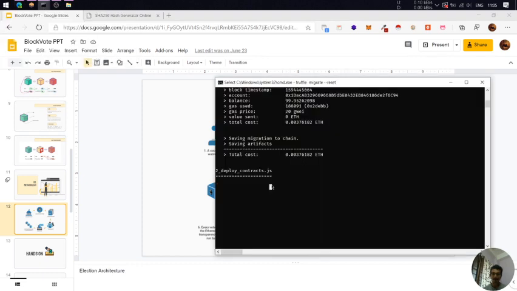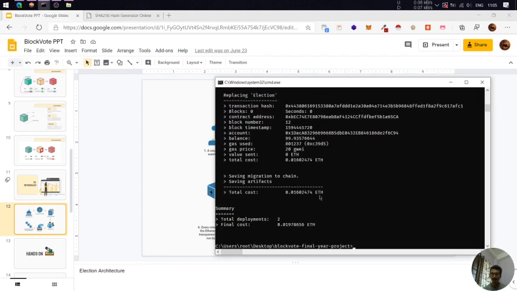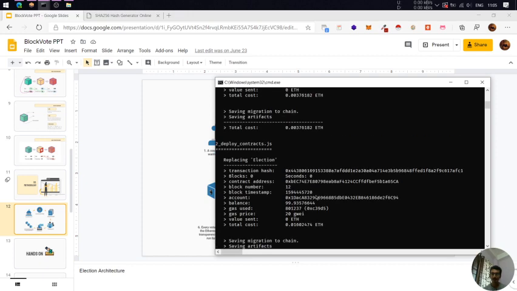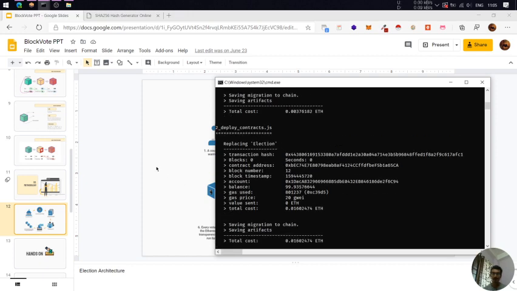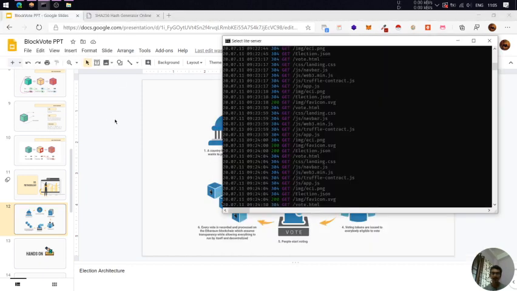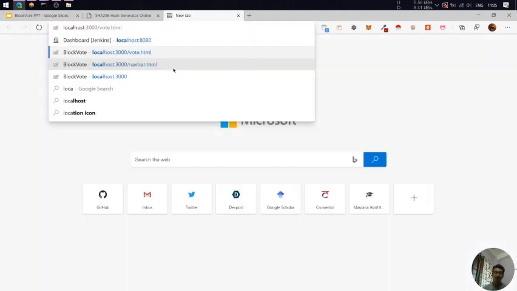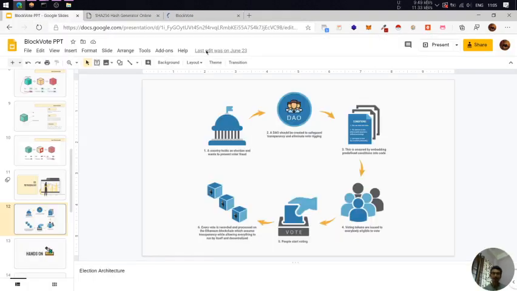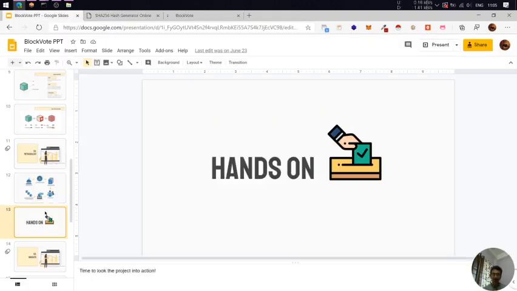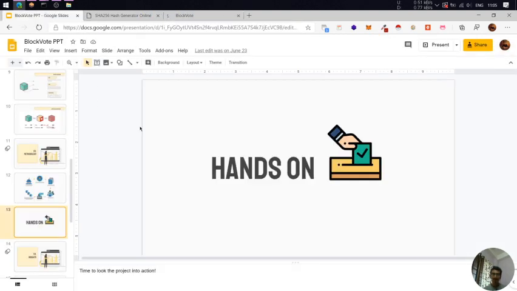I guess there's some kind of issue. Okay, yeah, it's done. So it's now time to run the application. I have my server running here, so I'll just open it up. It's on 3000. The first time it sometimes takes time to load, so we'll just wait till it gets loaded.